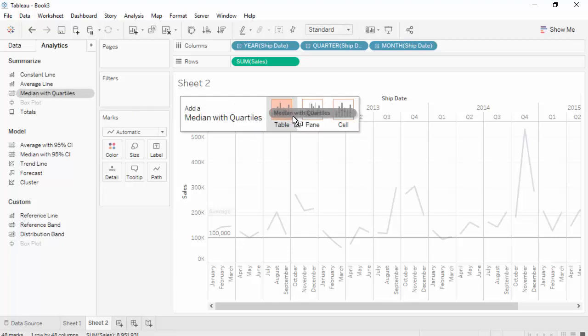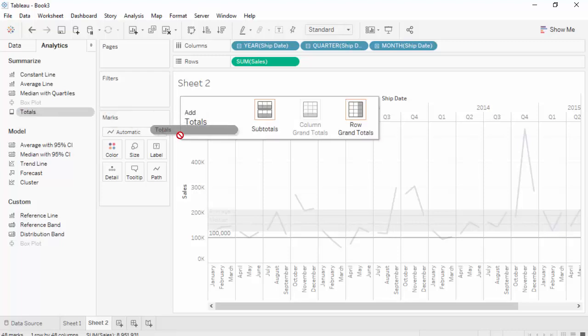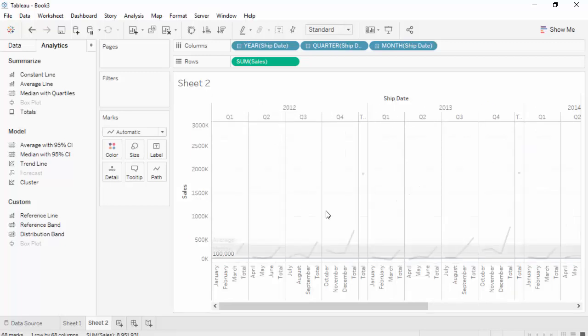So again, suppose we want it for the entire table, so we have median, lower quartile, median, and upper quartile. Okay. So these are summary lines. Total, I've not done this before. Subtotals, you have to